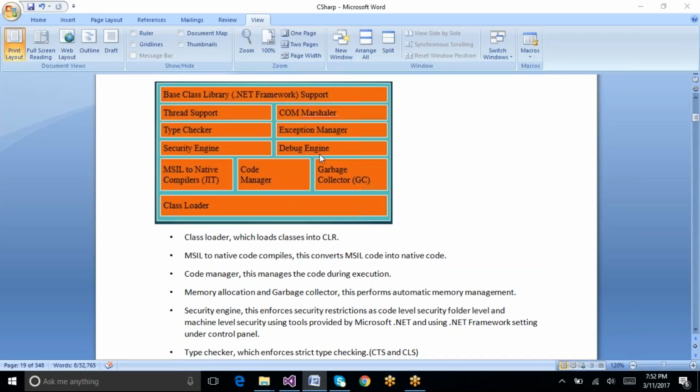And in Java, an integer takes 4 bytes. Because of these differences, to combine all the languages into one platform, this type checker will help us